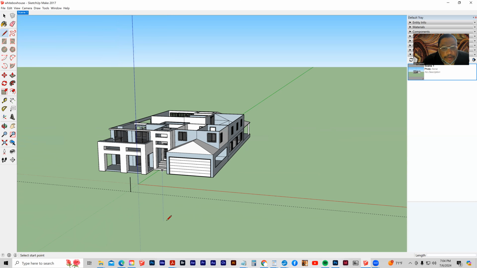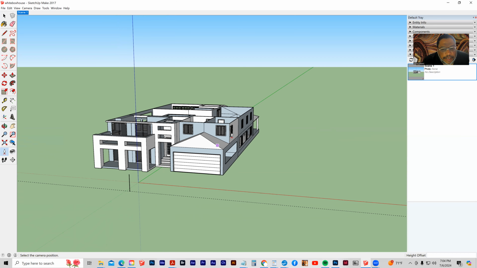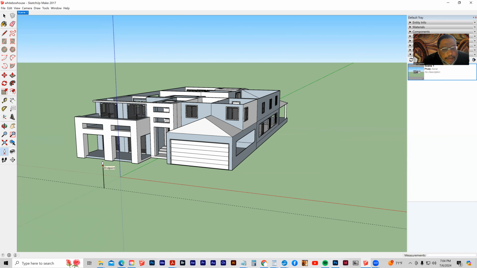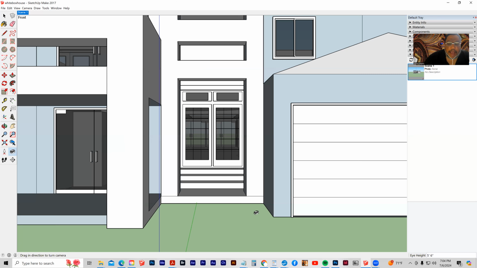And what I want to do is I want to grab my position camera button. And what I can do with this is I can click anywhere in the model and position the camera. But what I'm going to do is I'm going to come in, I'm going to put it at the top of that stick. So that means it's my head height, and I'm going to drag it straight to the model, and I'm on that green axis. And so now I'm looking at this model head height from 30 feet away